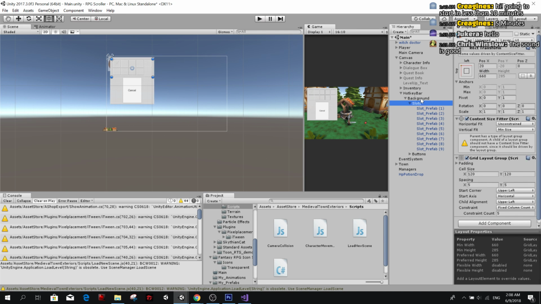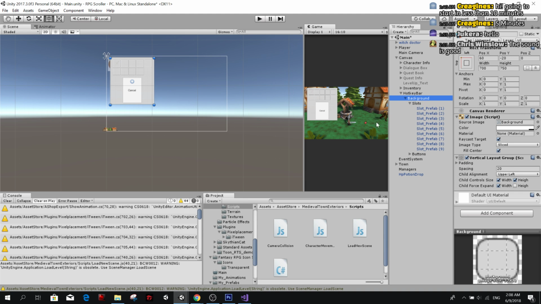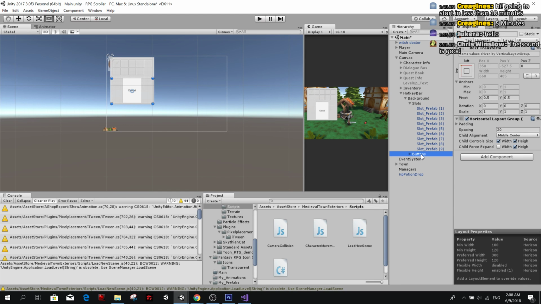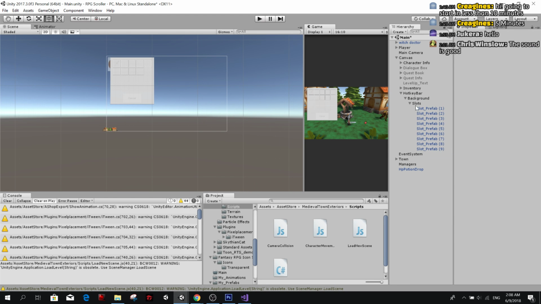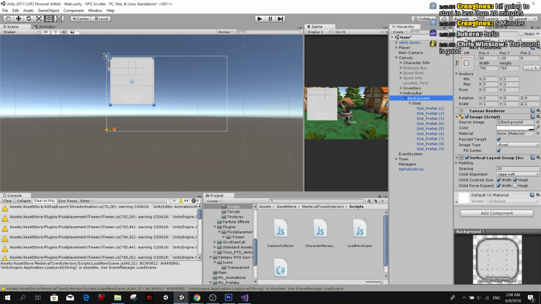I already forgot. Oh yes, the background is what we need to modify. Because the background is our vertical layout group, and our hotkey bar doesn't need any buttons, we can delete this, and then the background we can make much smaller, something like 200 or even less, 180,